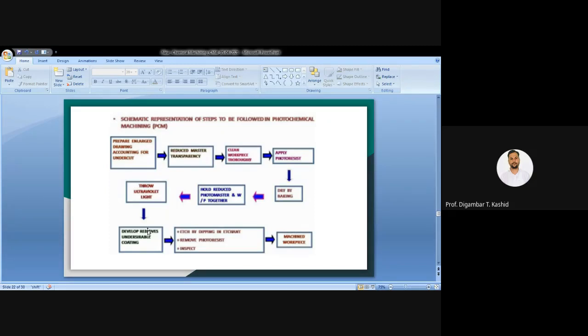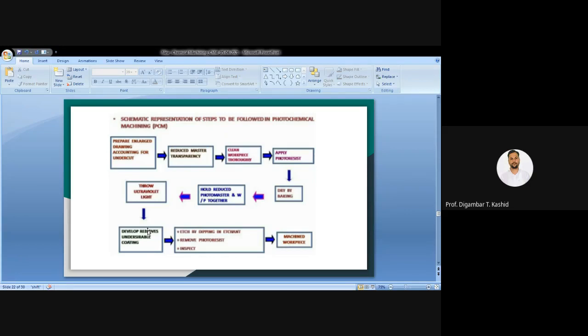First we have to clean the workpiece, then we have to dip or spray the workpiece to apply the photoresist coating. The photoresist coating is deposited on your workpiece, then you have to apply the phototool on that photoresist. That photoresist may be negative or positive, okay. What does it mean by photoresist positive or negative, that I will explain.